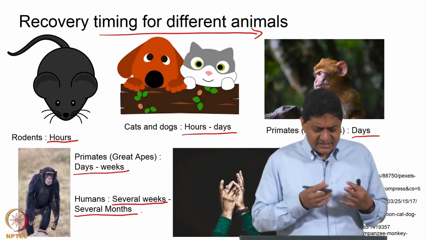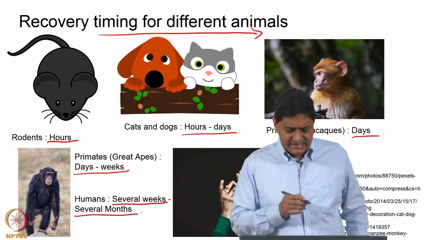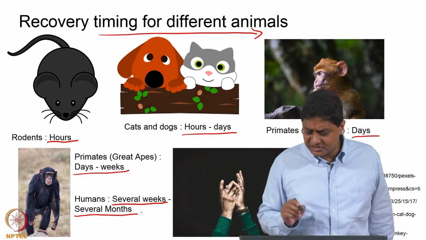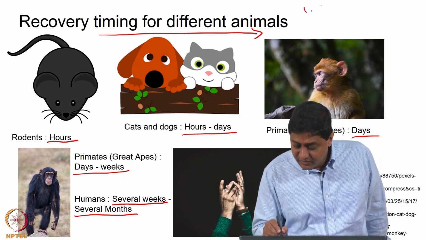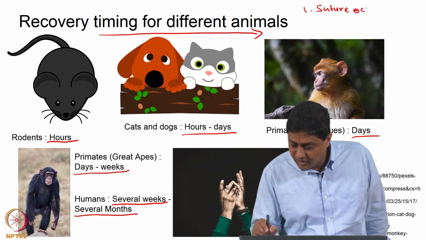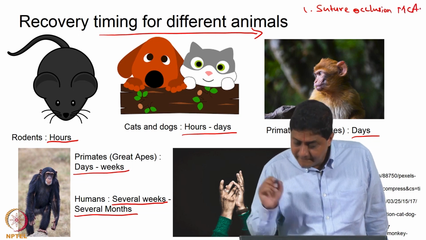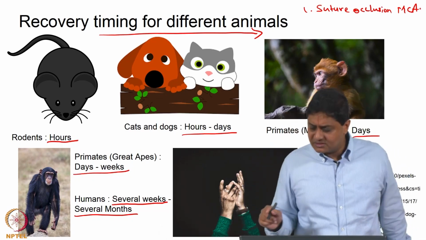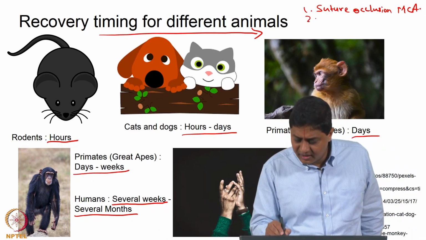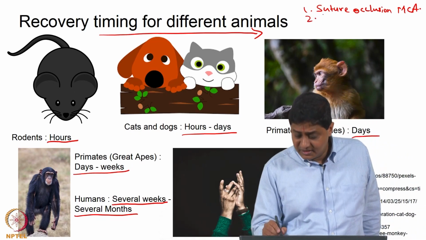So, how are even these lesions caused in these animals? There are a few methods. I will just mention them, those who are interested can check this. One is the suture based occlusion of the middle cerebral artery, the classical approach. The middle cerebral artery is occluded, causing an infarct, causing a lesion. Another approach is